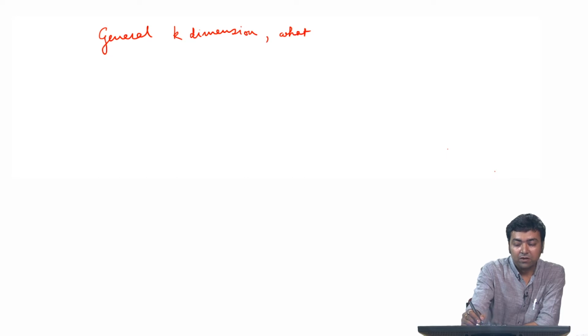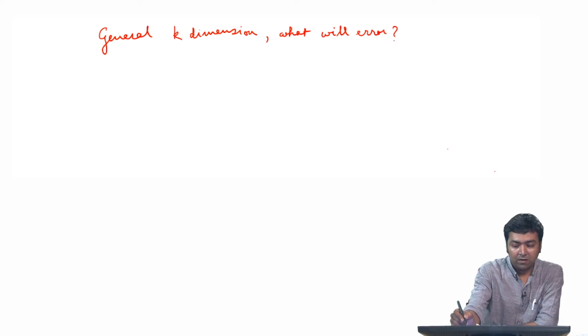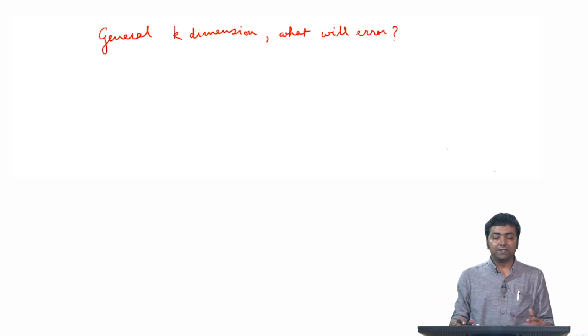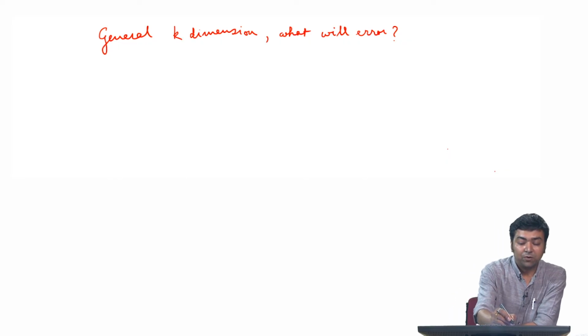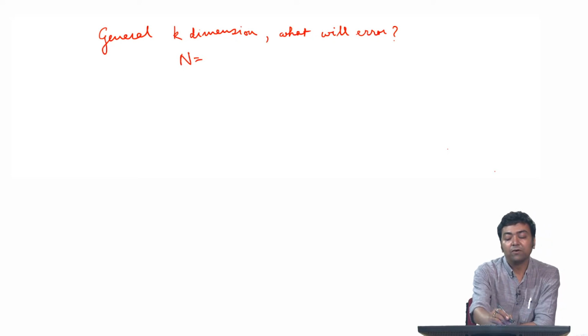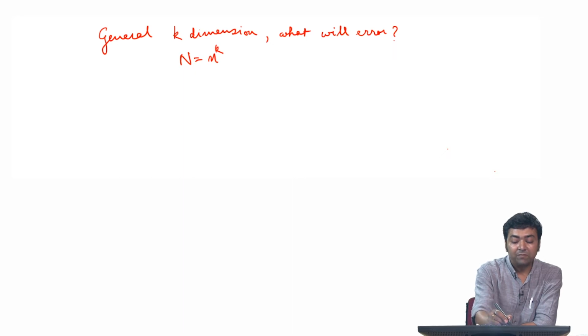So, we will look into that now, or in other words how the error in these type of methods typically scales as one increases the dimension, or is a function of the dimension size. So, now suppose I have N points, the total number of points in my n-dimensional grid, and along each dimension I have small n points. So, the total number of points capital N is equal to n to the power k, and as I mentioned before, the error scales as